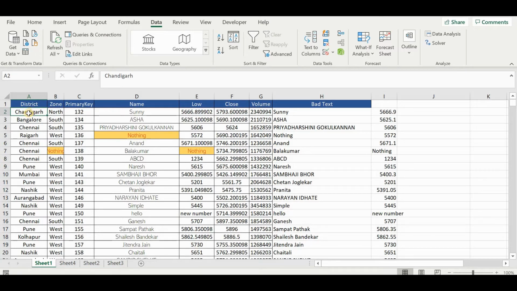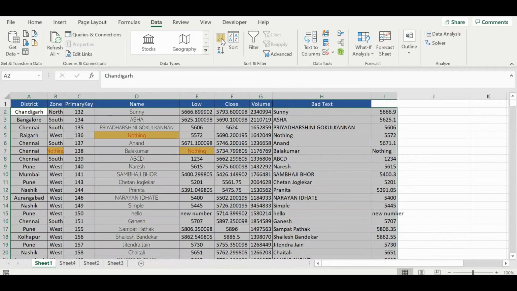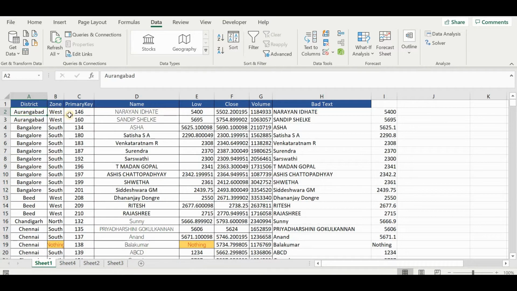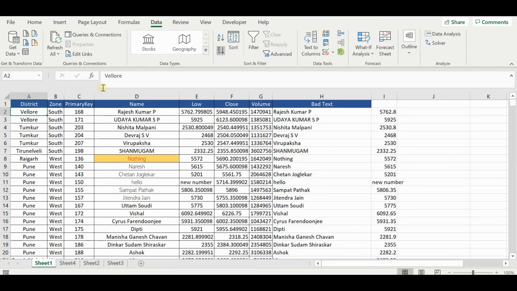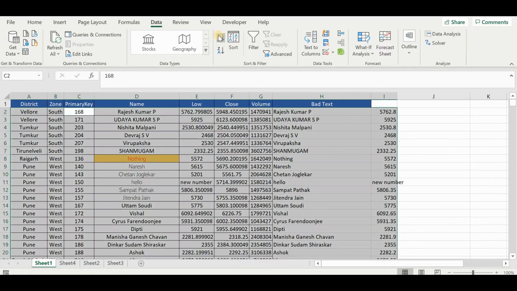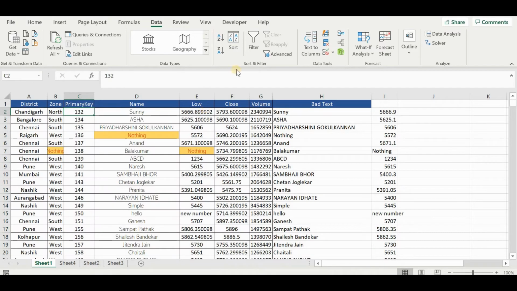So what you will do, simply come here. There are these sort options also, as you can see. So let me click on A to Z. Okay, I clicked on A to Z and automatically the relevant data also got updated. Then let me click Z to A. Okay, so it has been arranged in descending order. So let's say I want to arrange it on this basis and I will click A to Z. Yeah, that's our primary data.